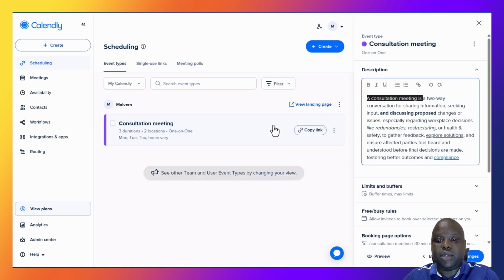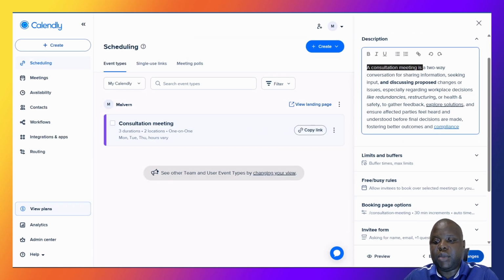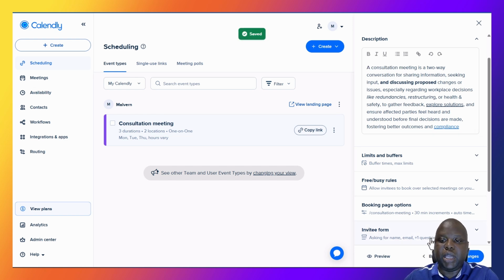So once you do that, you click insert and you've set up the description. So you save that and it's automatically sent to the booking link. So let's see what the landing page will look like. So if we click that link